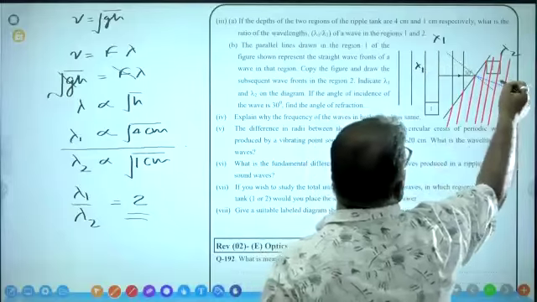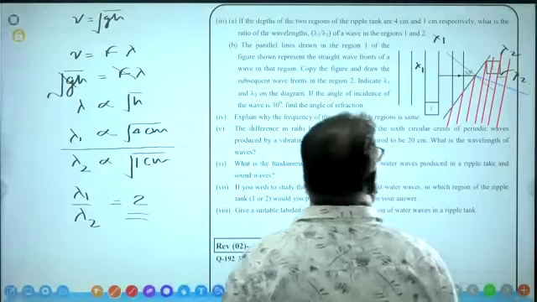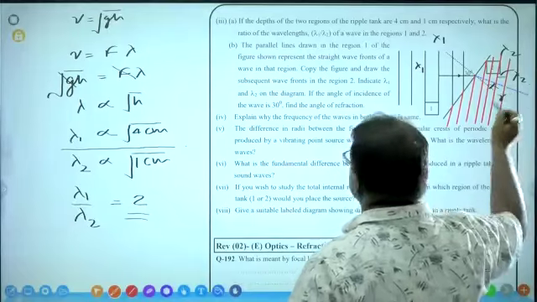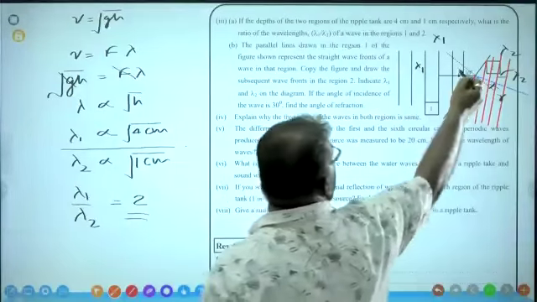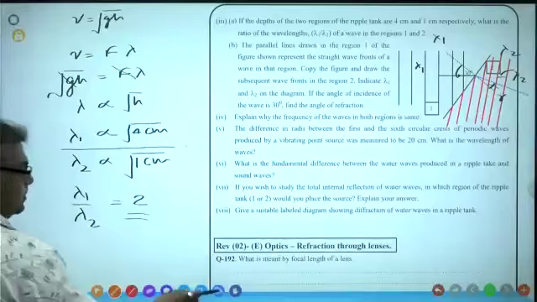This one lambda 1, this one lambda 2. Right. I, this is R. And you are asked to find angle of incidence 30, this one. Then you are asked to find R, no? Okay, then